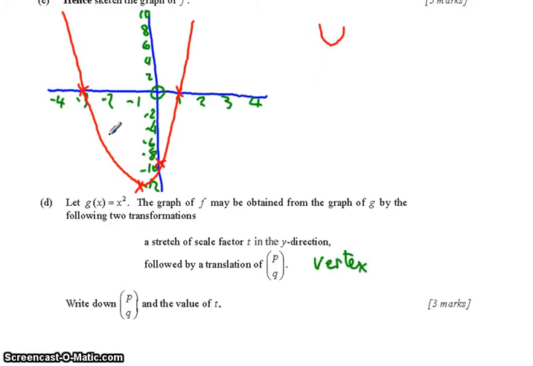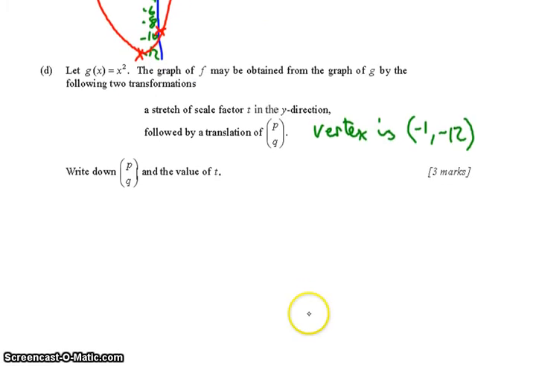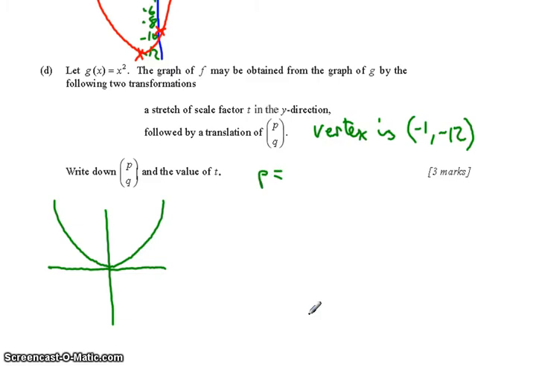Vertex is minus 1, minus 12, and if you think about what x squared looks like, it's just like this. Our vertex has moved from 0, 0 to minus 1, minus 12,